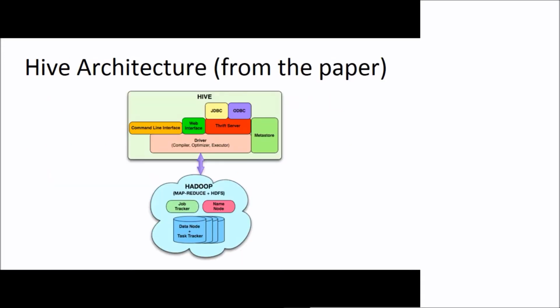This is the first and simple architecture which was designed for Hive initially. You can see the components available there. You have that cloud type of picture, that is your Hadoop. Let us keep it separate. And on top of it, now you can see Hive. Hive has a driver. In the driver, we have compiler, optimizer, and executor that actually interacts with your Hadoop system.